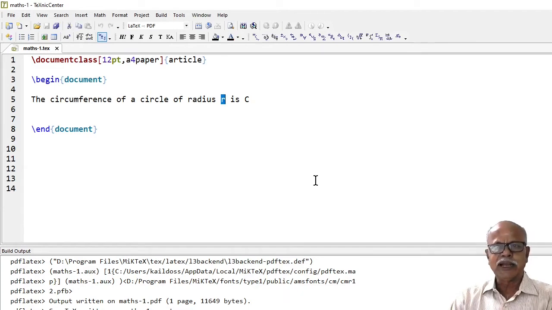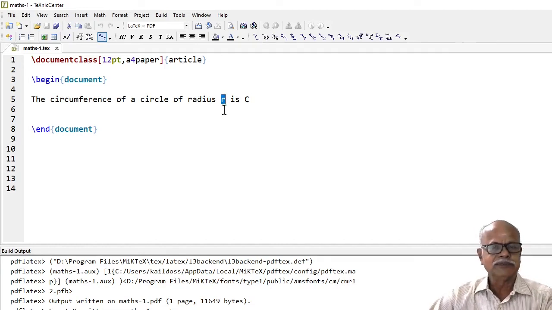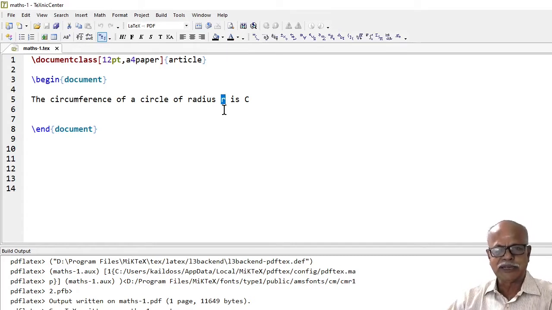Think for a moment how you will write this r. How will you write this r? Okay, let me give you the answer. Most probably, you will enclose this r within single or double quotes. Invariably, you will do it this way because unknowingly you want to convey to the reader that this r is not text r. This is a mathematical variable. Whereas this r is a text r.